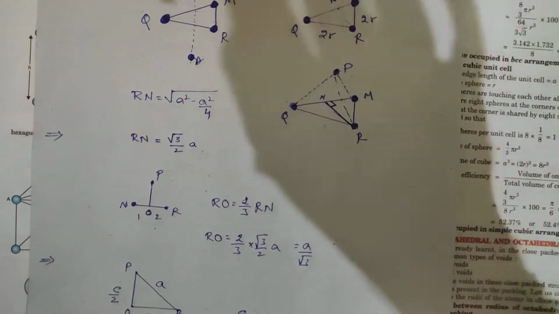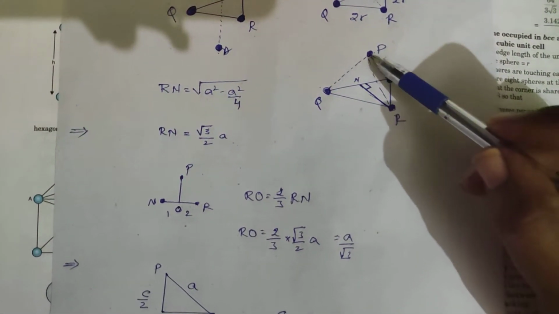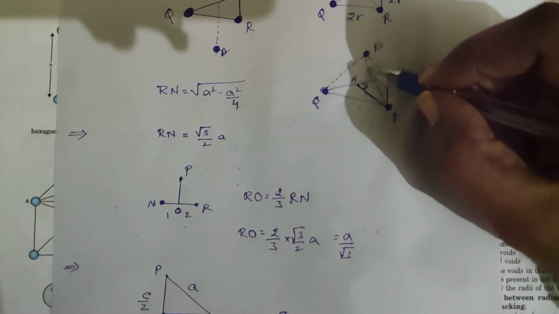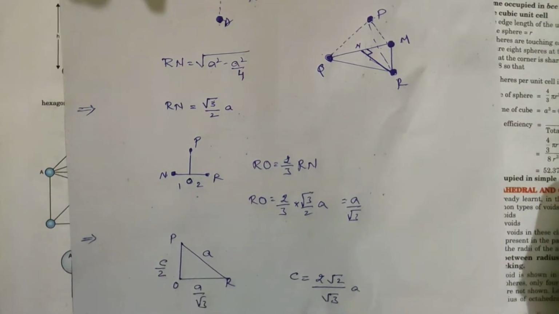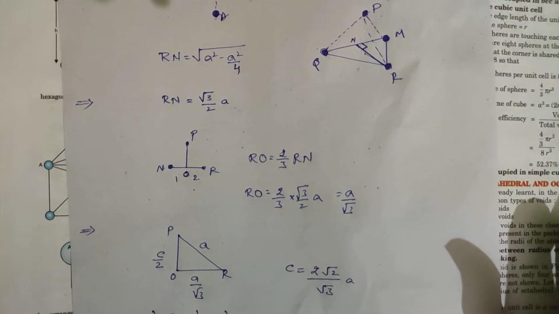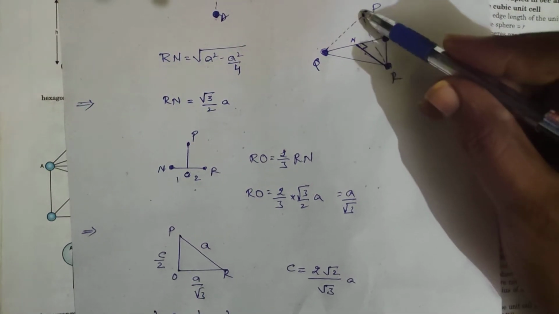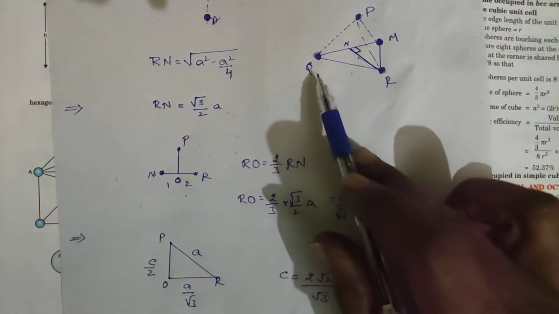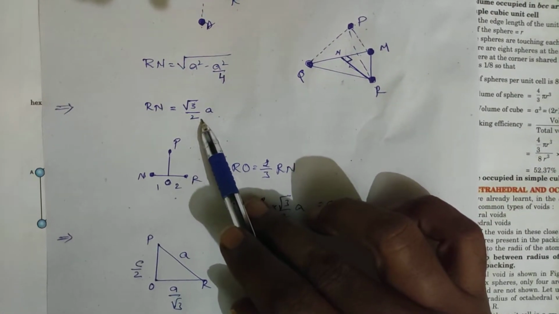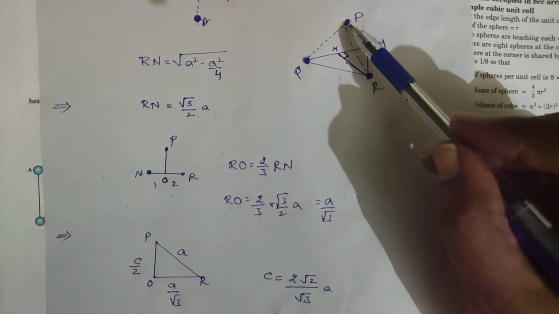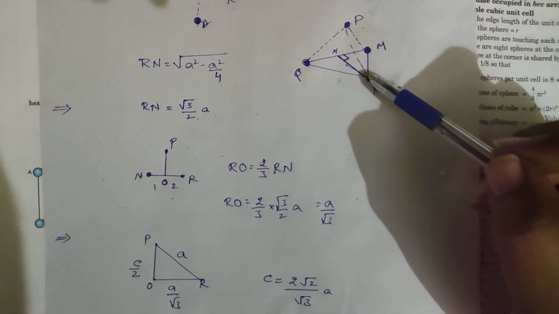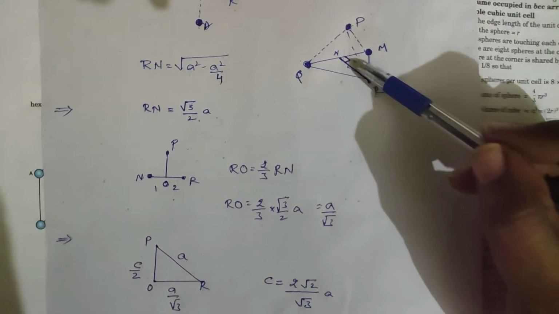Next what I am doing is, here P is present, right? If I draw a line perpendicular to this, it bisects this Rn line into 2:1 ratio. In the centroid of an equilateral triangle, on the height, the middle line whatever is passing, if you draw a perpendicular onto that line, it will be bisecting in 2:1 ratio. This is clear? QMR is there, R to N you have drawn a perpendicular line, and that perpendicular line value is root 3 by 2 a. This is the height you can calculate. And at the top a particle P is present. If you draw a perpendicular line onto the Rn, it bisects that Rn line into the ratio of 2:1.